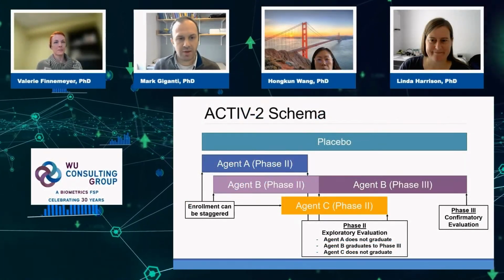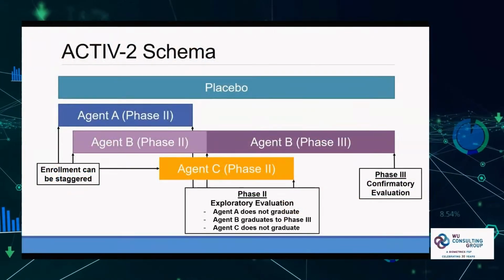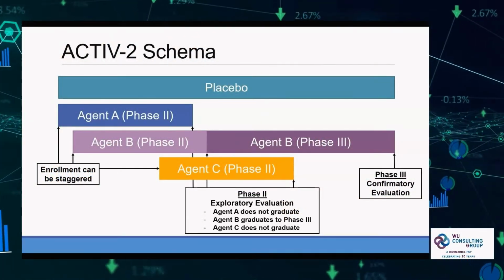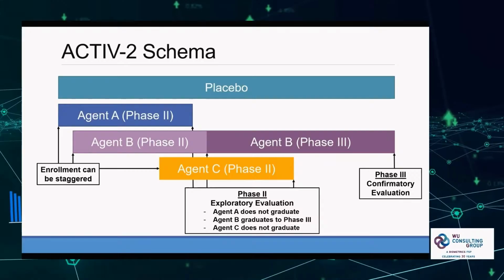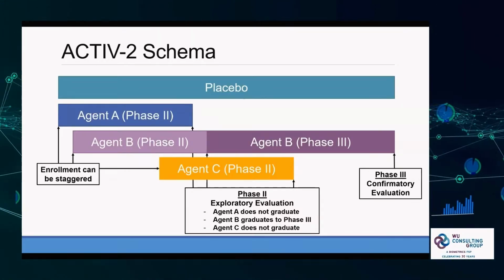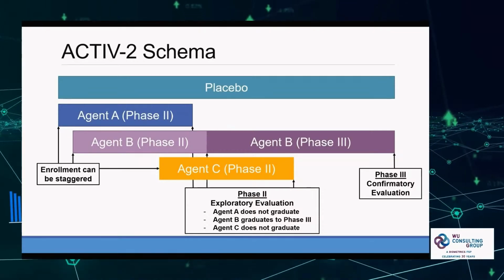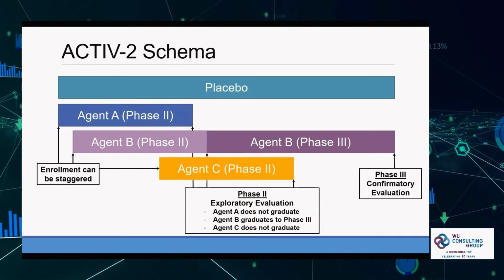So, to hopefully further highlight these key design characteristics, I thought it would be helpful to share this hypothetical study schema to illustrate these components more clearly, using hypothetical agents to consider and walk us through. And so the first thing I want to highlight on this slide is that the ACTIV-2 study had allowance for enrollment to be staggered, such that enrollment could start with a single agent, say agent A, and then as agent B became ready for evaluation, it could be added, and eventually agent C, such that enrollment could be occurring concurrently